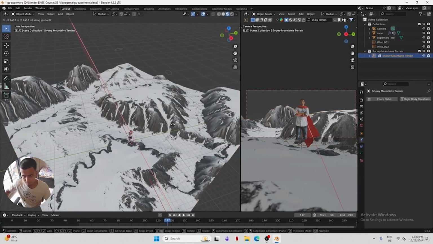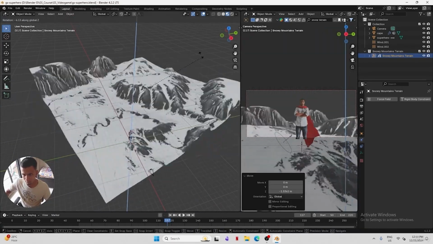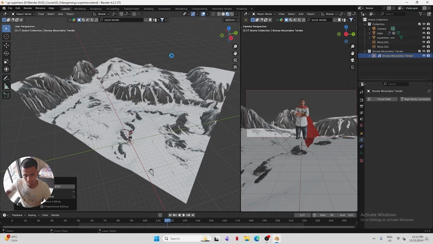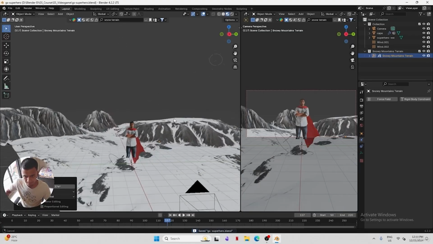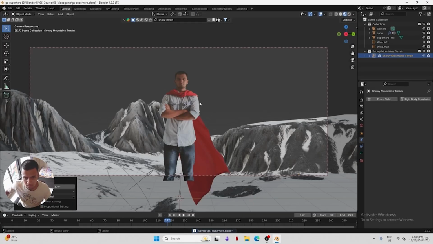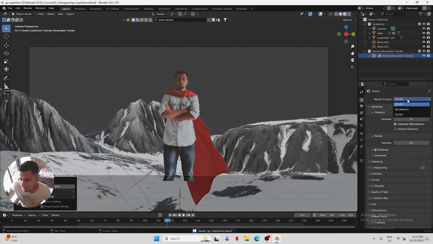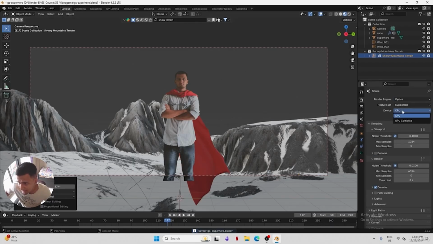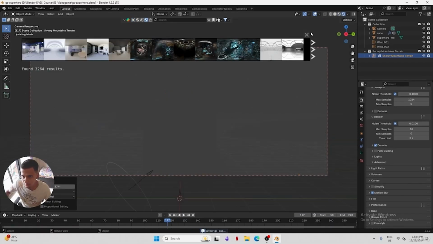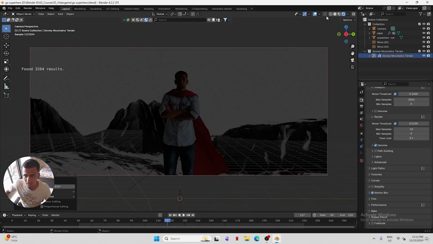Then this angle would look good, and then I can just delete this tab, and now make the render engine to Cycles, and device to GPU compute, max samples to 10. Make sure motion blur is on, and then just go to the render view for Cycles, and